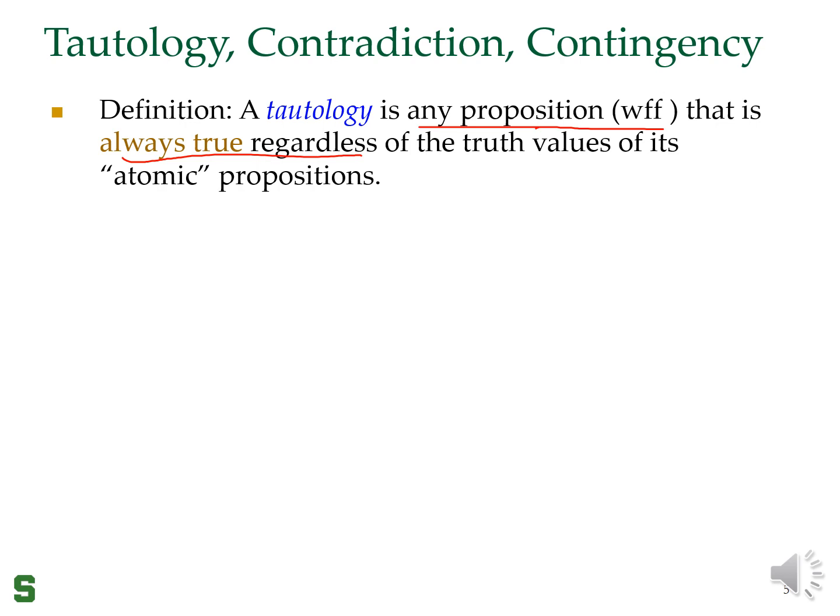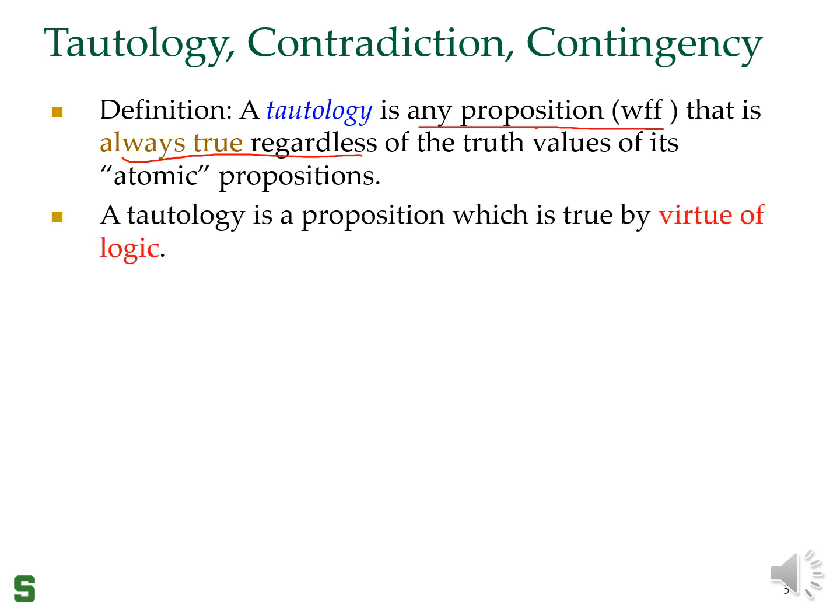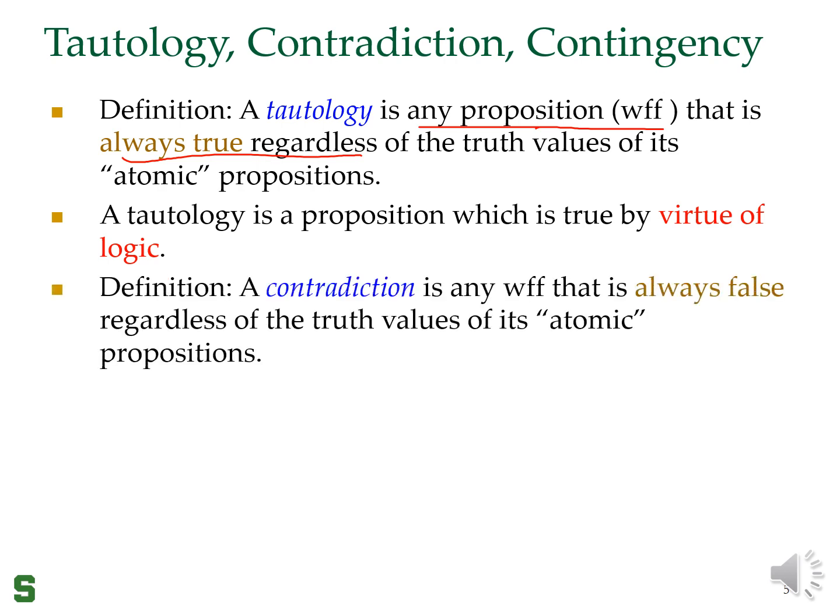If I have two propositions, I'll have to look at four possible truth value assignments. In all those cases, the proposition should evaluate to true. If that happens, we call it a tautology. If it fails even in one case, we don't call it a tautology. So a tautology is a proposition which is going to be true no matter what the values of the atomic propositions are. And by the way, the atomic propositions are like the variables p, q, r that we talked about earlier. A contradiction is something that is always going to evaluate to false,